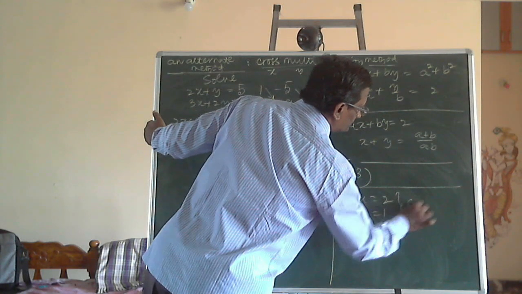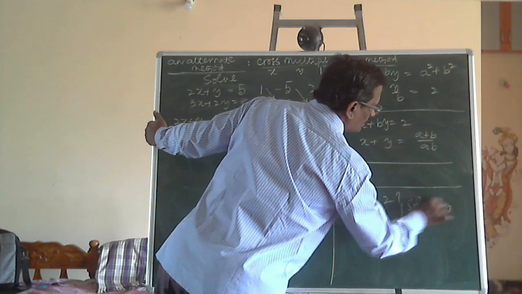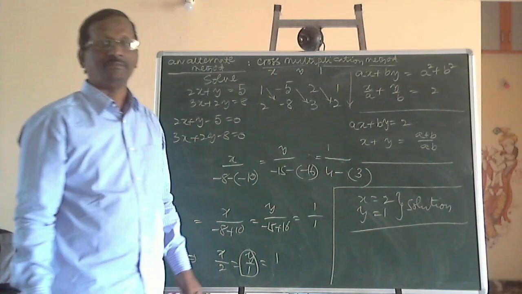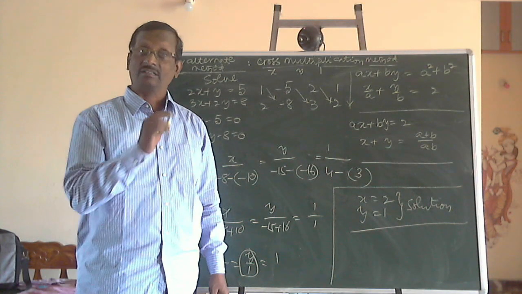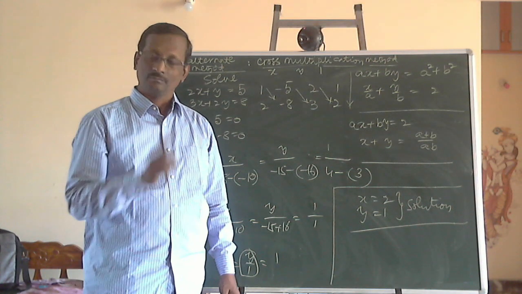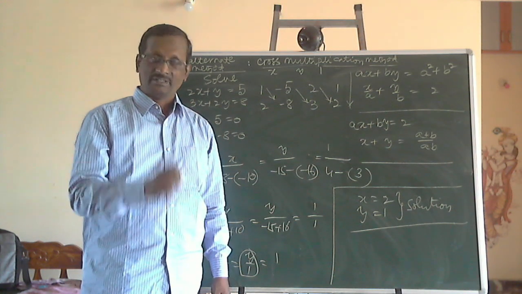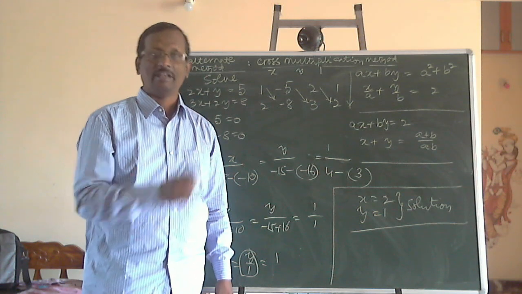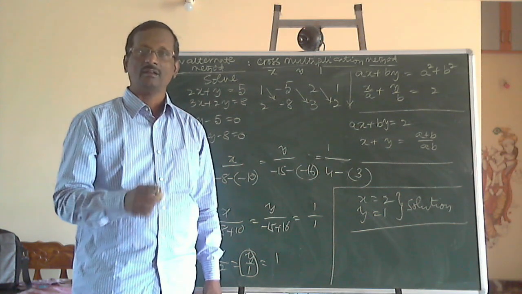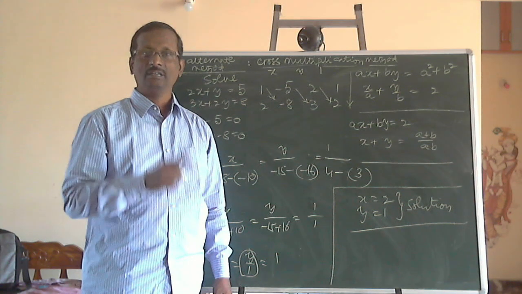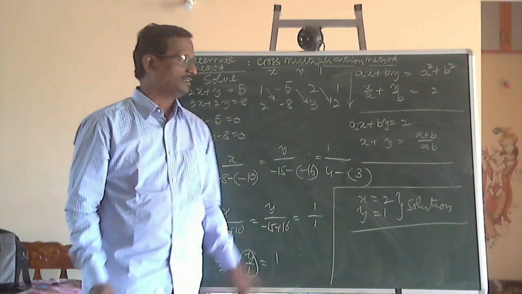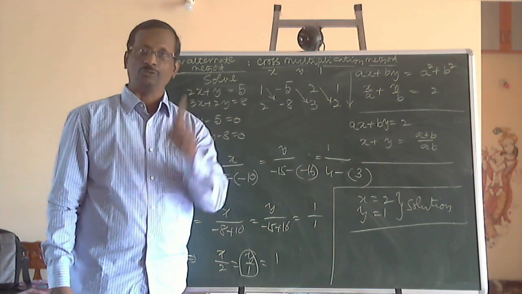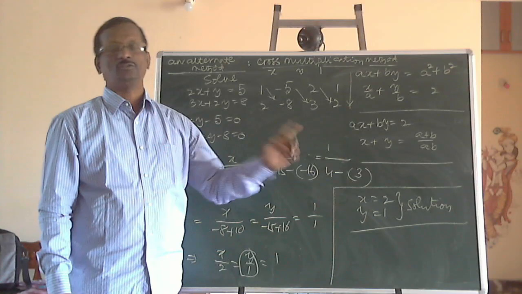We say solution. Normally we have the habit of writing answer at the end, but keep it in your mind. For an equation, we always write solution at the end, whether it is a linear equation in one variable, or a linear equation in two variables, or a quadratic equation, whatever it is. If an equation is asked to solve, we will write at the end solution.